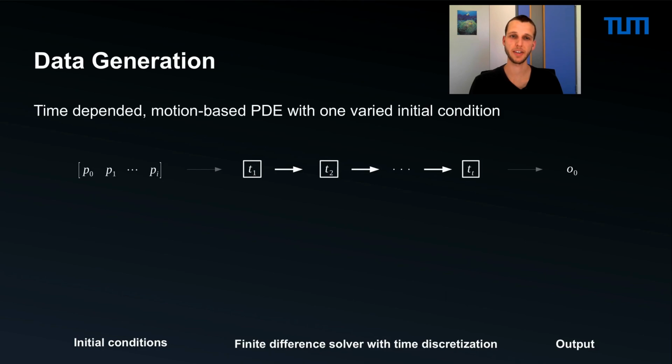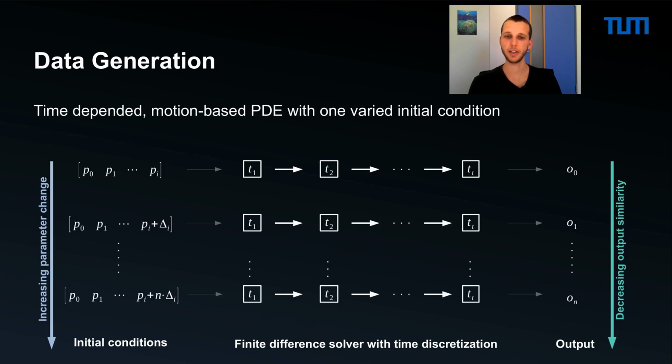Now a closer look at the data generation. We start with a time-dependent motion-based PDE, which you can see here in the center, that computes different time steps via a solver. The solver is initialized with certain initial conditions P and produces an output O. We can then vary a single initial condition, Pi, in incremental steps, denoted by delta I here, to get multiple